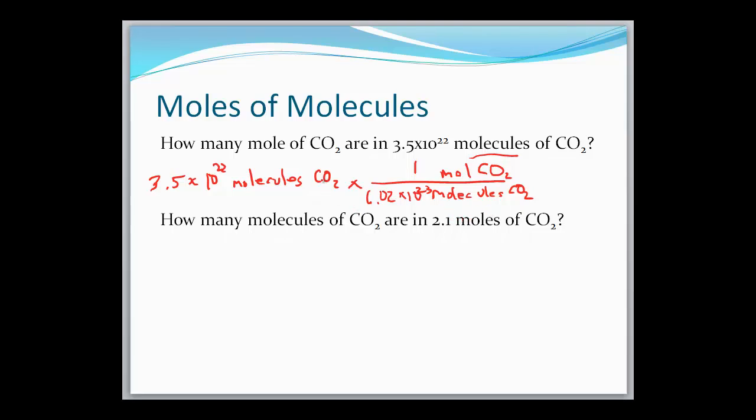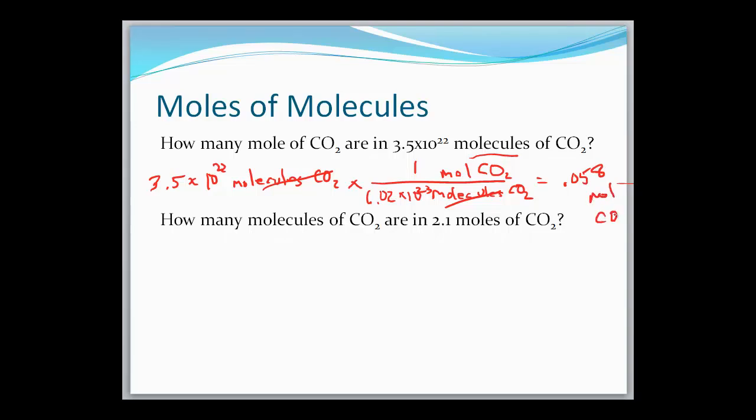So CO2 is a molecule, so it's 6.02 times 10 to the 23rd molecules of CO2. The molecules cancel, and when you do the math, 3.5 times 10 to the 22nd divided by 6.02 times 10 to the 23rd, you get 0.058